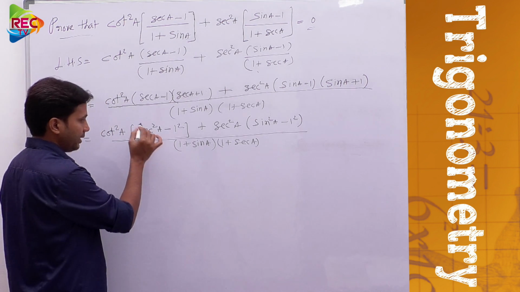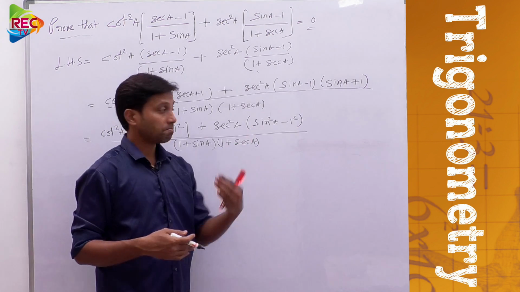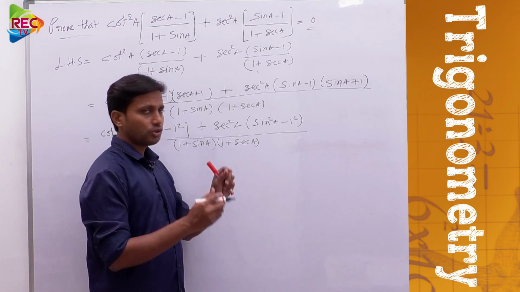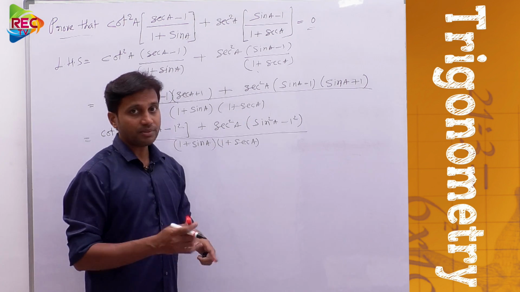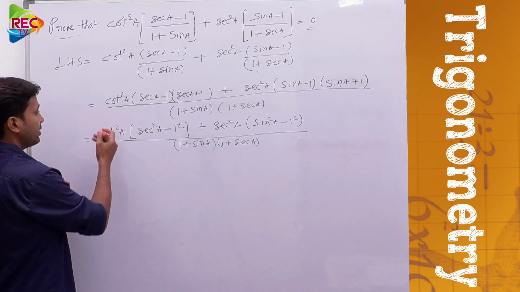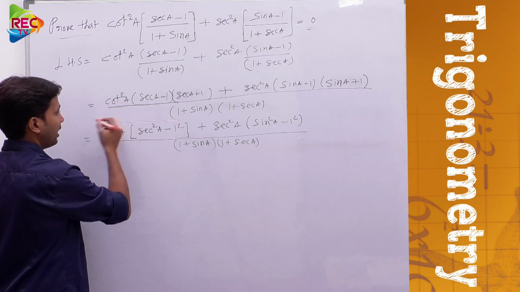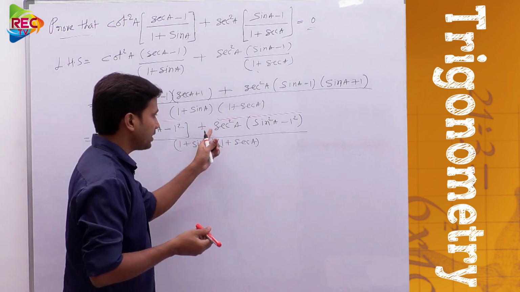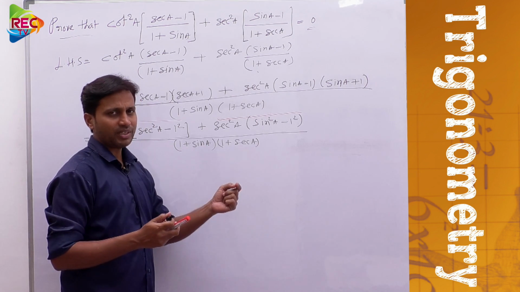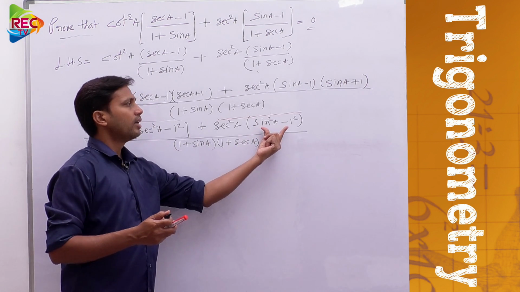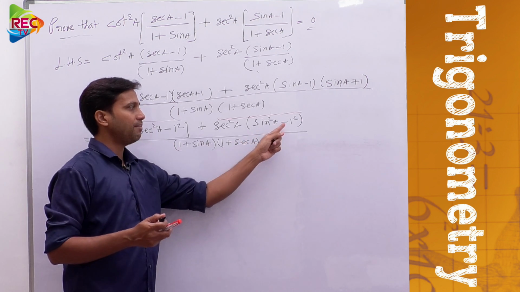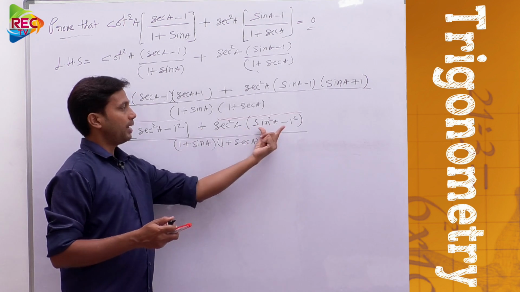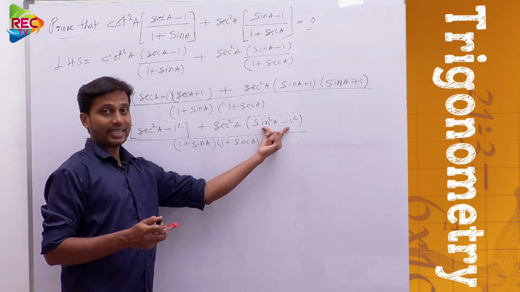Now consider a trigonometric identity. Before that, I want to do one more small adjustment in the second term. How many terms are there in this numerator part? This entire part is one term, and this entire part is one term. In the second term of the numerator, I want to take a minus common from these two terms. Here sin A minus 1, if you take out minus, the symbols are getting changed.